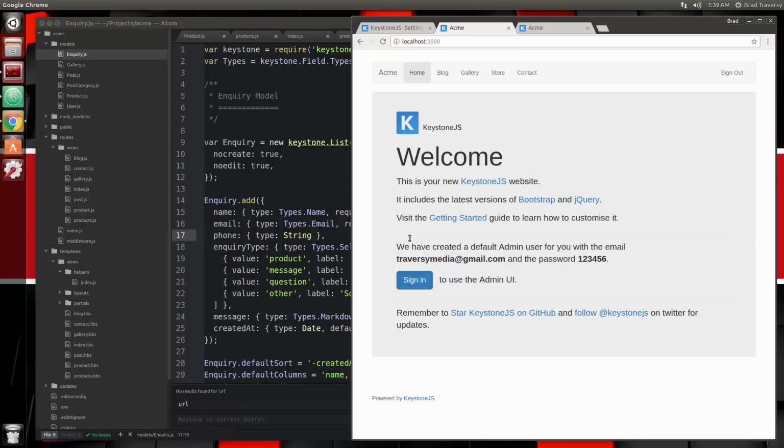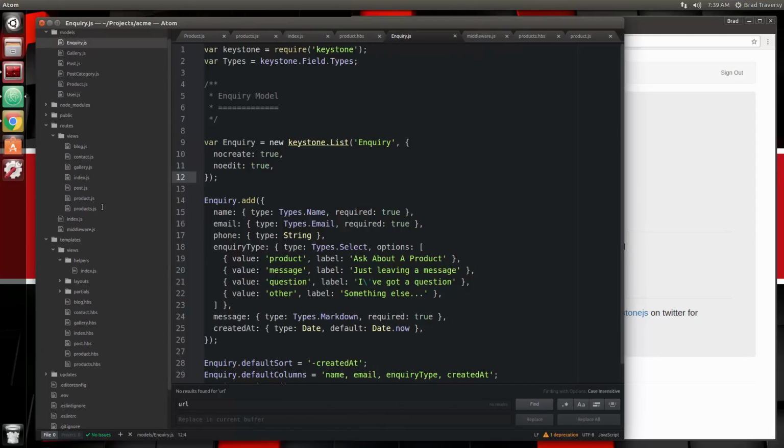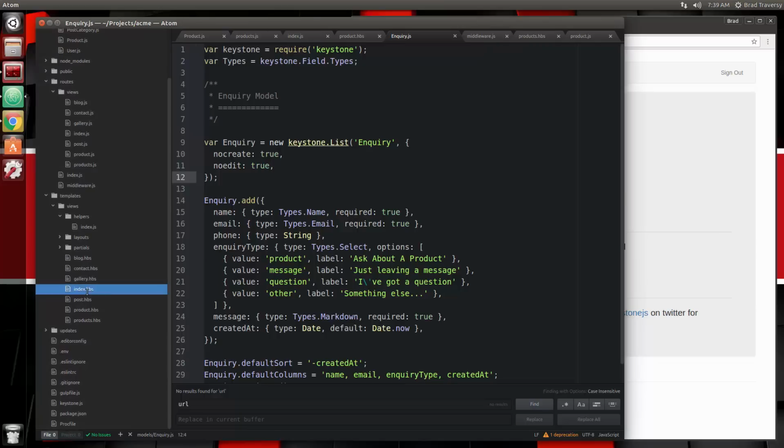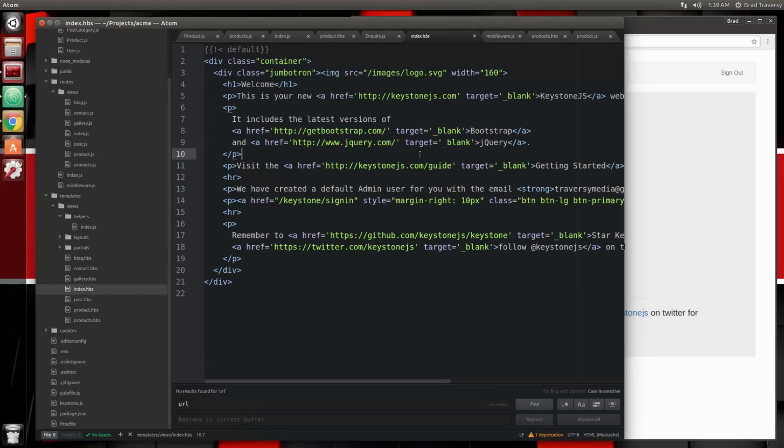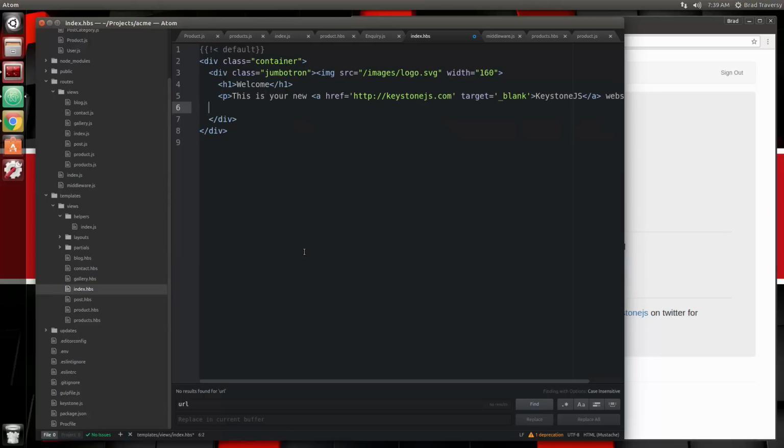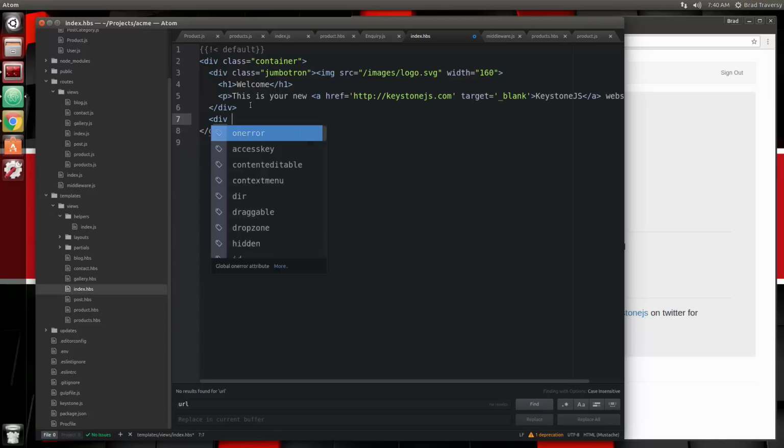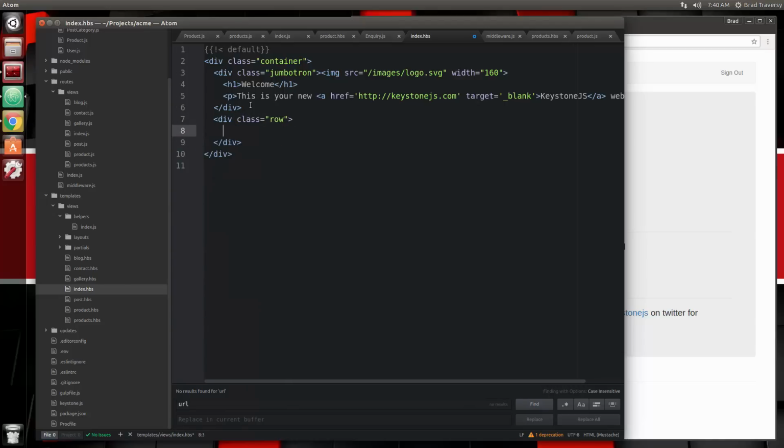I want to change this page here. I just want to get rid of like the login info and all that stuff. So that would be under templates, views, and then index. And let's see, I'm going to get rid of everything below that paragraph inside of the Jumbotron. And then under the Jumbotron, let's do div class row. Okay, and then we're going to do div class col-md-4 and col-lg-4. And I'm just going to grab